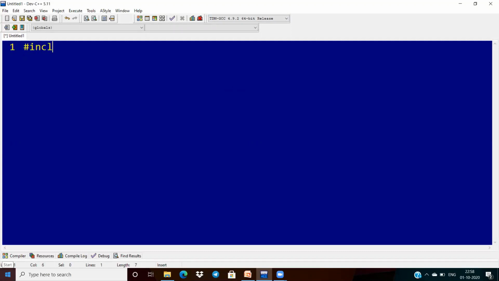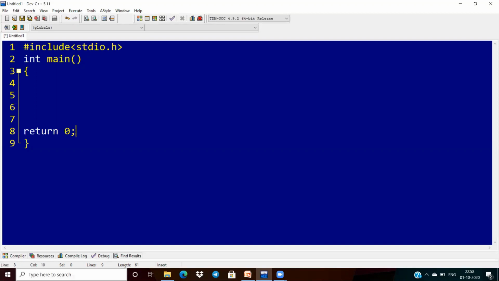I'm including the header file stdio.h. Okay, after that the main section, and next return 0. Return 0.